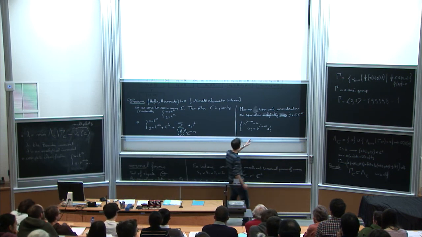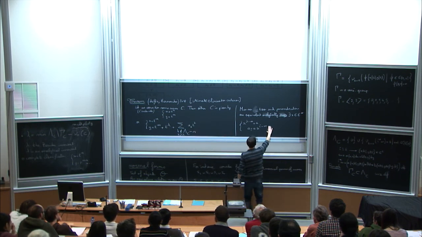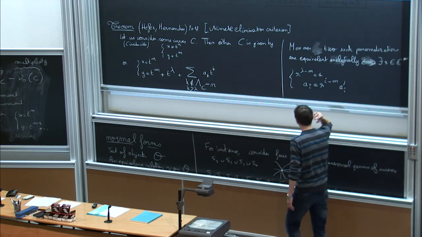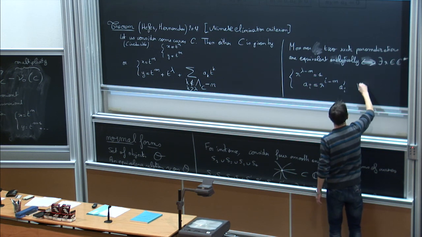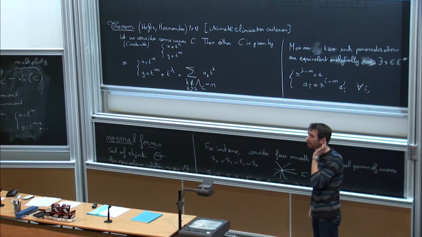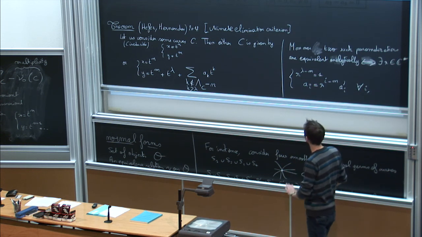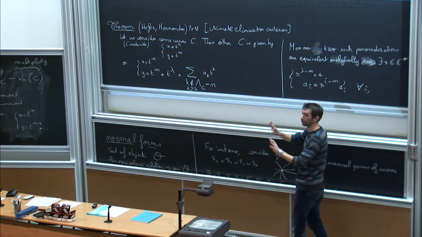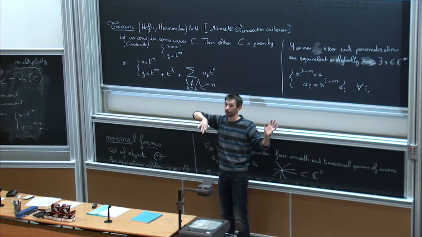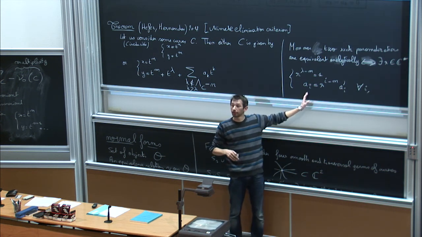Okay, so here, this a_i are the Puiseux parameterization of that one, and this a_i prime are the coefficients of another parameterization. And that's for all i? Yeah, that's for all i. These are just the different branches of the equation. Here you take two different Puiseux parameterizations, one with some a_k coefficients and another one with some a_k prime coefficients. And they are analytically equivalent if and only if you have such a relation.